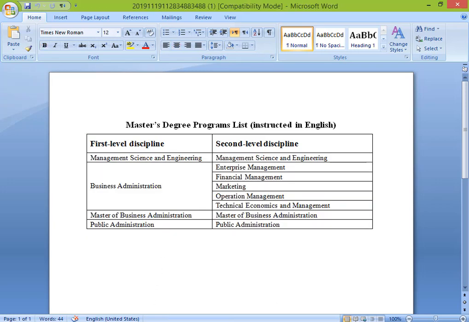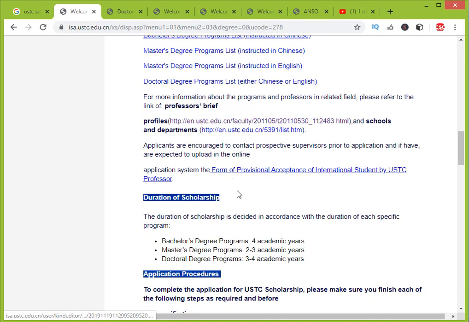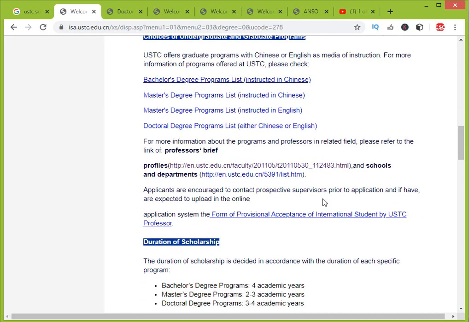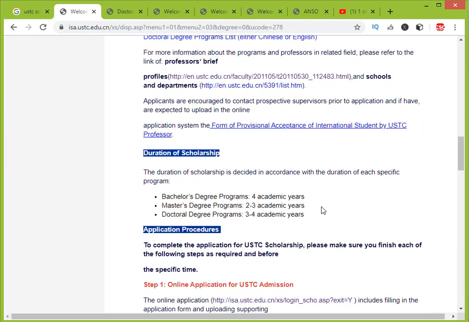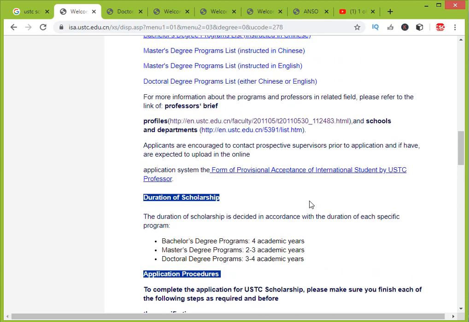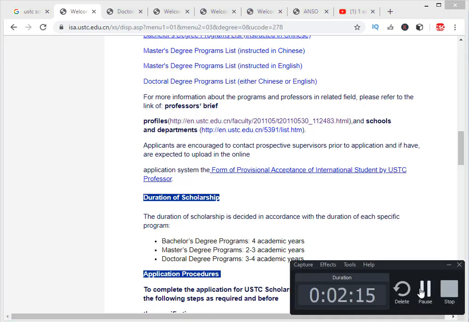So apply according to your major. If you have HSK, then apply for Chinese. But I don't have any idea whether HSK is compulsory or not, meaning whether without HSK you can get admission. I don't have any idea. But if you don't have IELTS and you just have an English proficiency certificate, then you can apply for this. This is an online application, and you need to send hard copies to the International Admission Office.